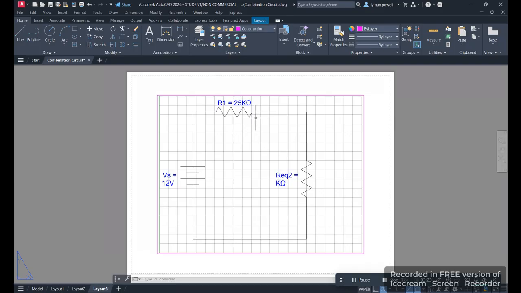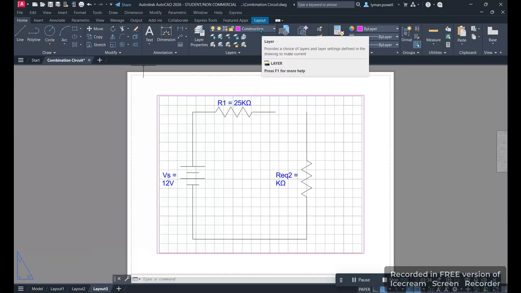Now you notice our resistor here is not centered in this part of our circuit. To center our circuit, we're going to, in our construction layer still,